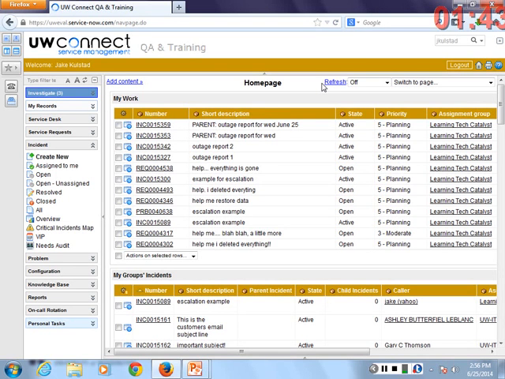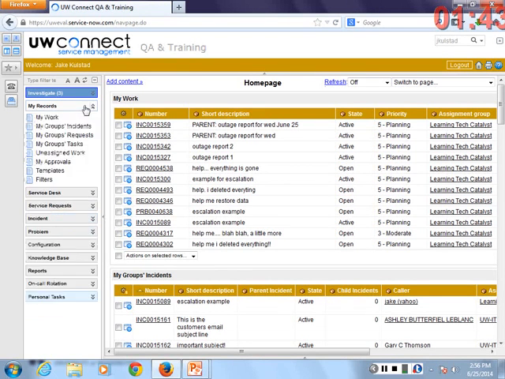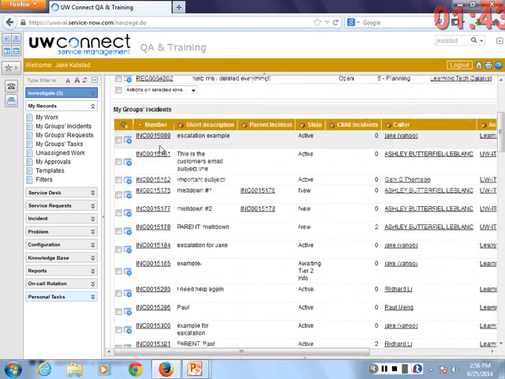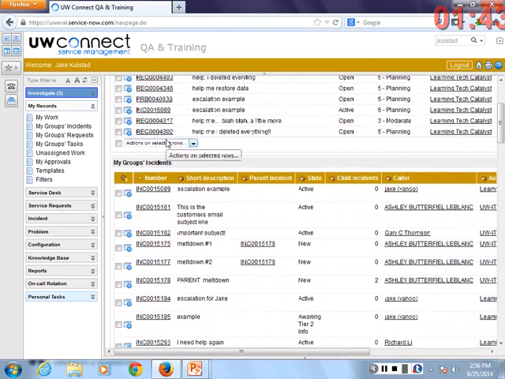So if you're actually working incidents and using a parent incident functionality, you shouldn't work them from this view. Does that make sense? So this may not affect a lot of you. You can then safely ignore my warning. Let's go down to My Records. And you can now see the My Groups Incidents filter. But also, if you look down here to My Groups Incidents, you can see all of the incidents in here in My Groups. And you can also see a parent incident field.